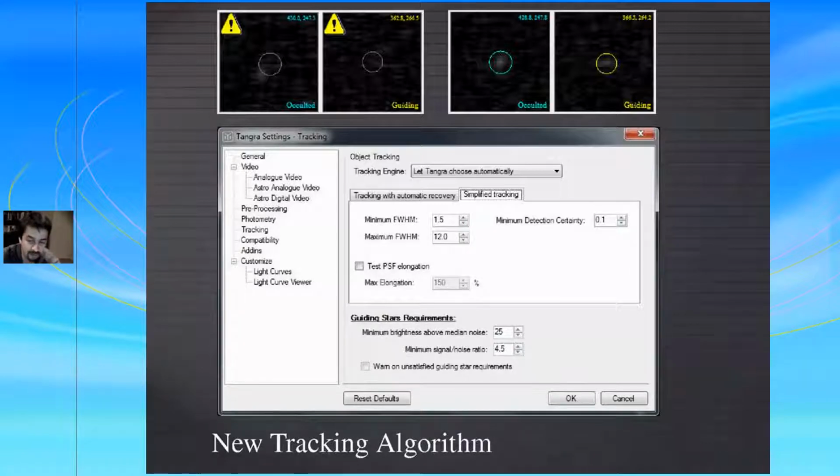And if you don't have really any wind, sometimes it may mark some of your stars as not successfully tracked, because it really wants to find a very perfect match of your stars. And what I created here is a new tracking engine, which I call simplified tracking. It is much faster and works much better for the normal case, where most people observe with no wind and no significant flickering or clouds or stuff like this.